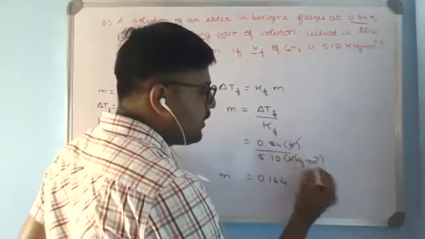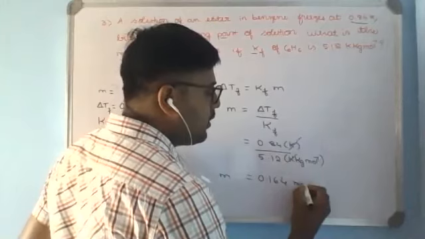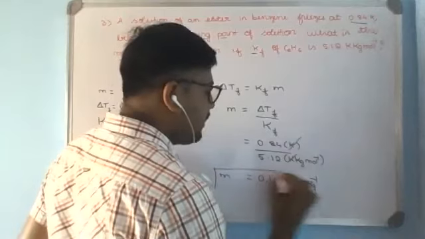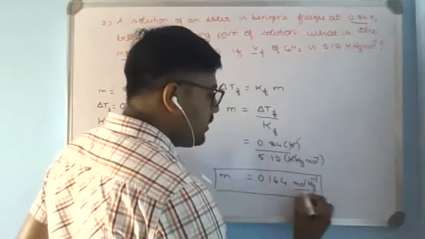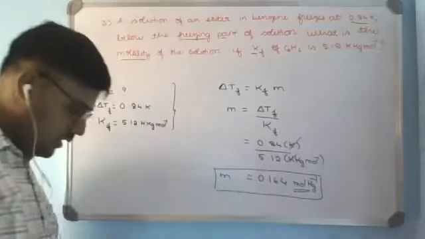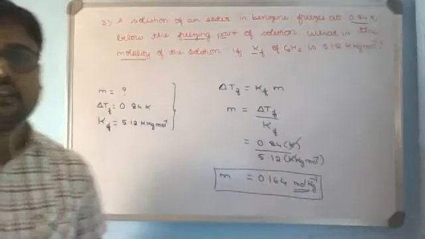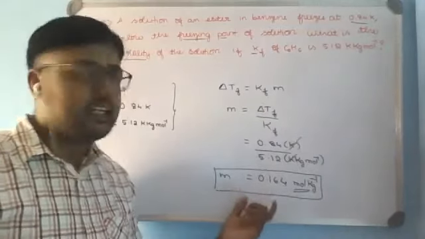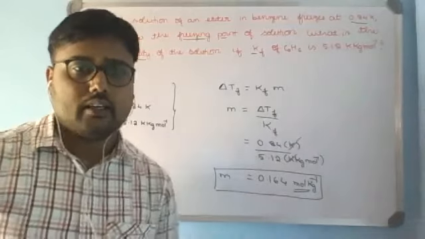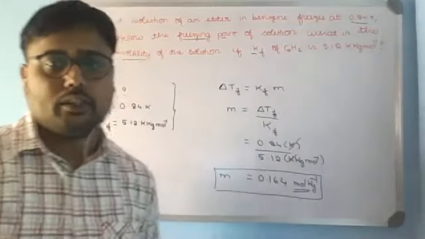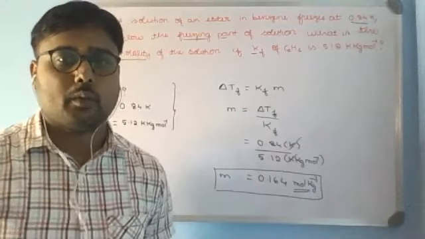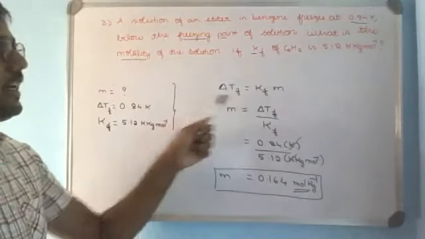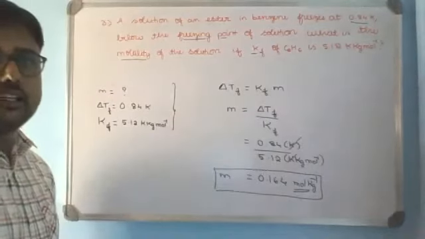Unit simplification: mole inverse will be mole kg inverse. It is mole per kg, the unit of molality. So try to focus on the unit. Those numericals which have to be given the answers with the unit, you need to compulsorily write the unit. Without unit, the final answer will have a deduction of 1 mark. So focus to simplify the unit also along with solving the problem. Hope the solution is clear. So we have used the depression of freezing point to calculate molality.